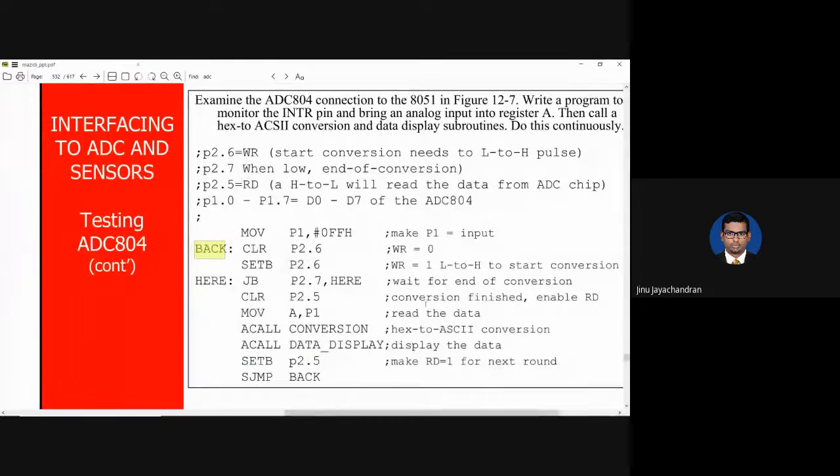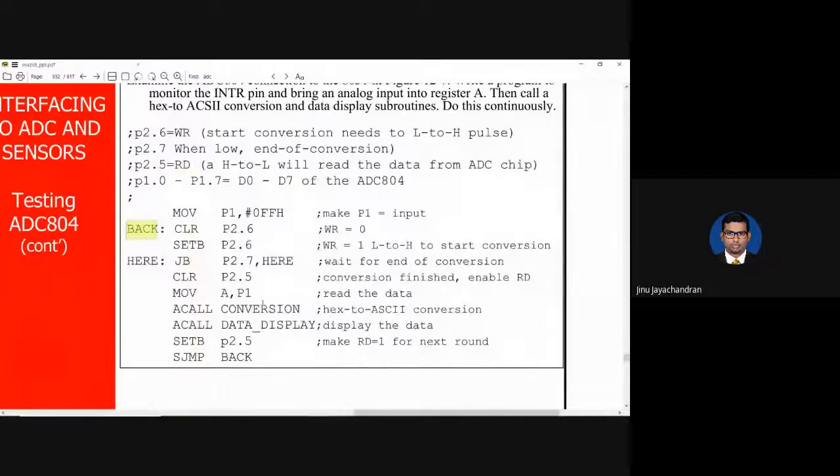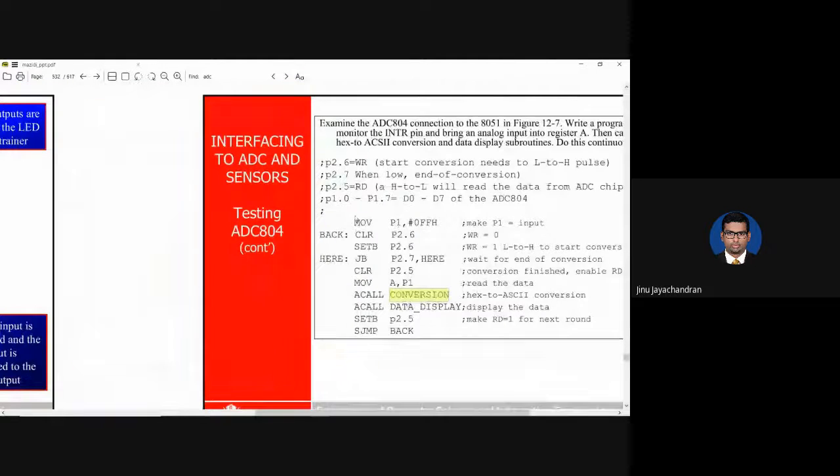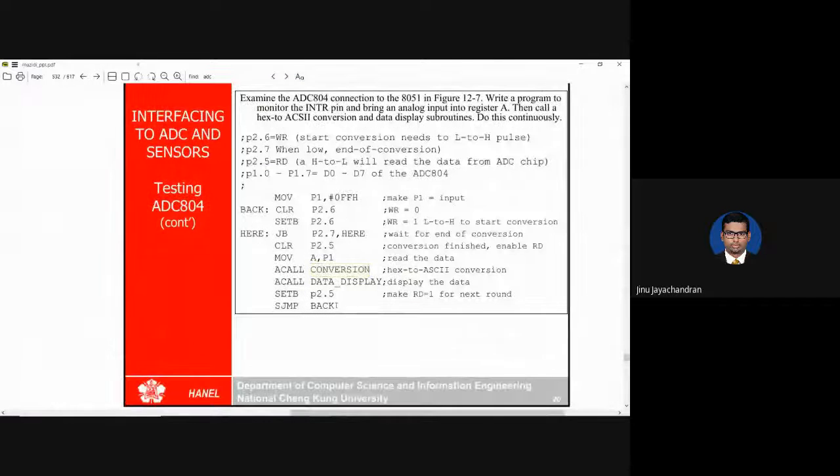Fine. So in today's assignment, you will use the same program. You don't need to do any simulation. What you do is implement this function or subroutine called conversion, where you convert the hexadecimal value to an ASCII value. The program will already be there in this file itself. You can check it, and you implement this conversion, hexadecimal to ASCII. That's all for today's program. It's a very simple subroutine. You don't need to write the complete program. I will post the complete program, and you try to do this conversion.